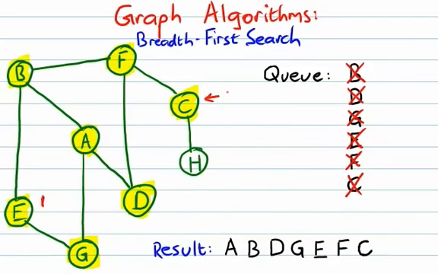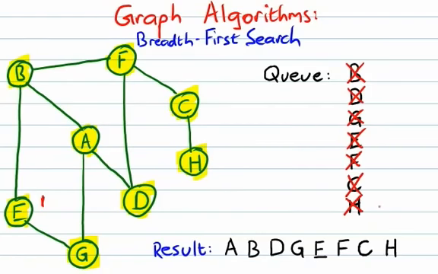So we go to C, and we take a look at all the vertices connected to C. Well, we've been to F already, haven't been to H, so we visit H, mark it as visited, add it to the queue, and we're done with C. Now we go back to the queue, we see that H is at the head of the queue, we dequeue it, we take a look at everything connected to H, nothing new there,